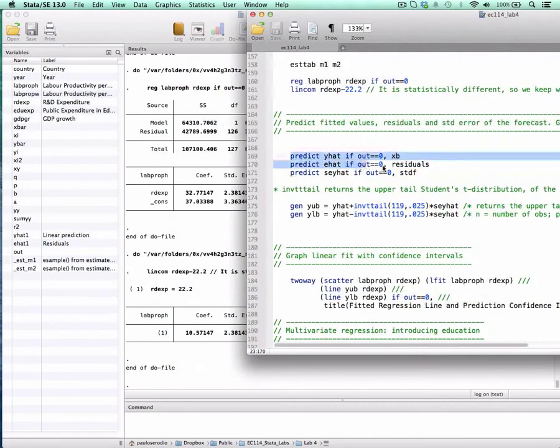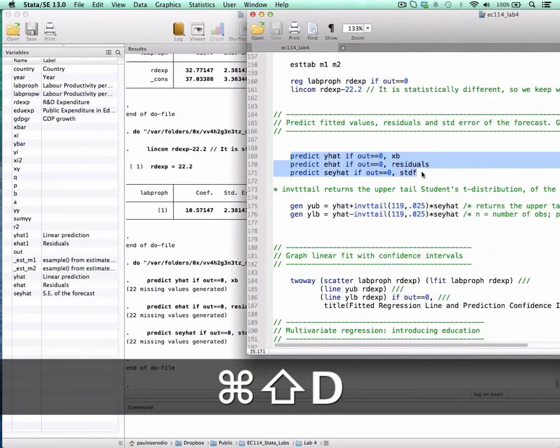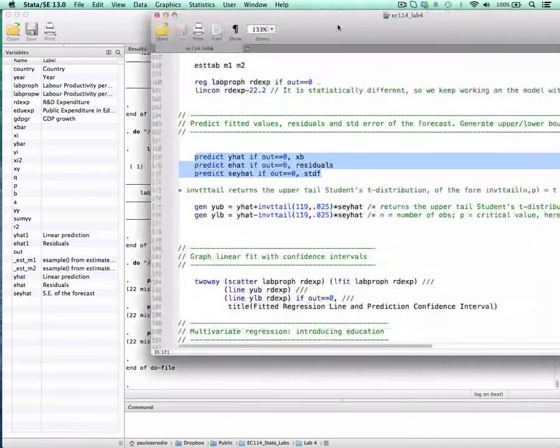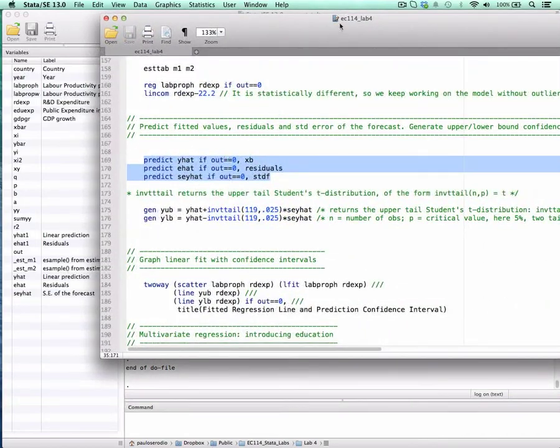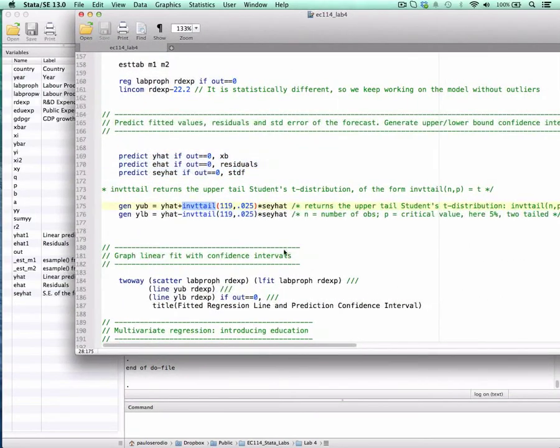So let us run these commands and generate these variables, and we will use the invttail command to retrieve the upper and lower bound,